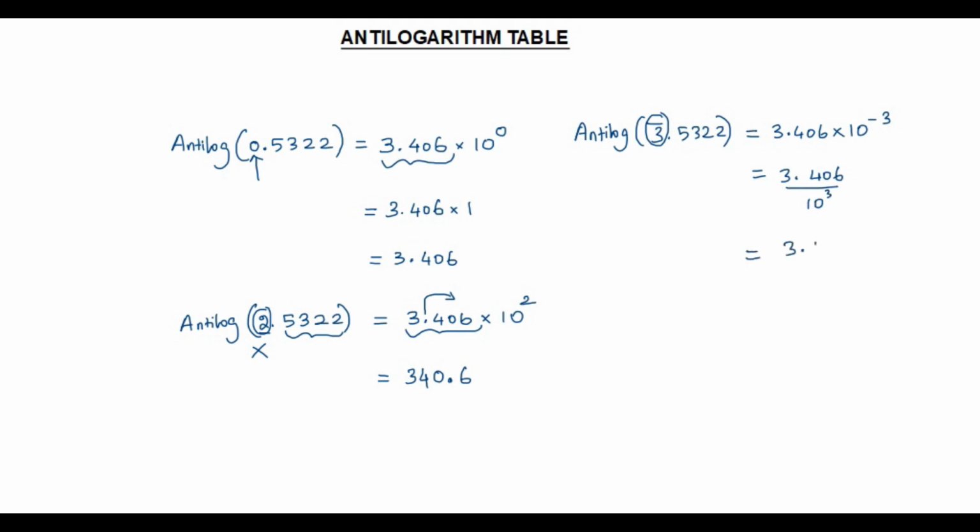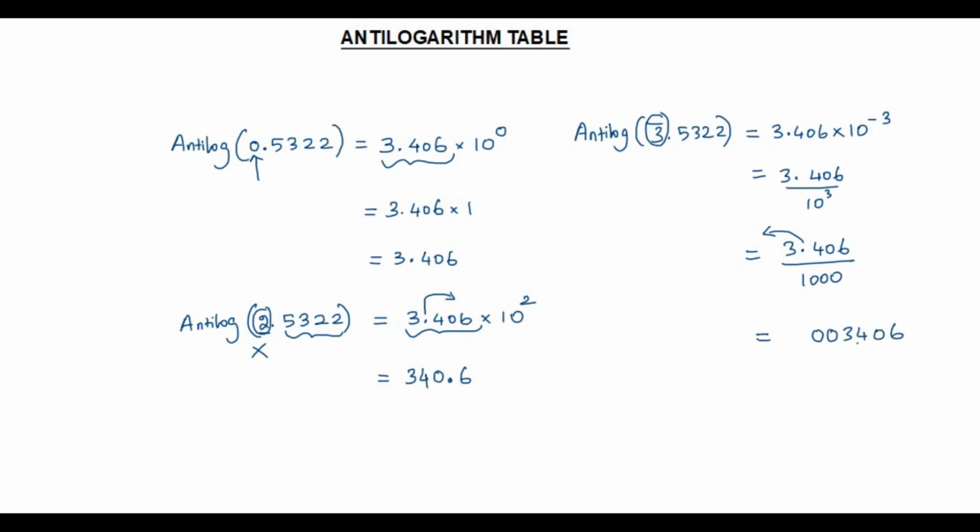So 3.406 divided by 1000. Whenever I divide a number by 1000, the decimal point has to be moved 3 digits to the left because there are 3 zeros. So I need to move the decimal point 3 digits to the left, but there is only one digit on the left side of the decimal point, that is 3. I need 2 more digits. So I am adding 2 zeros before 3, that is